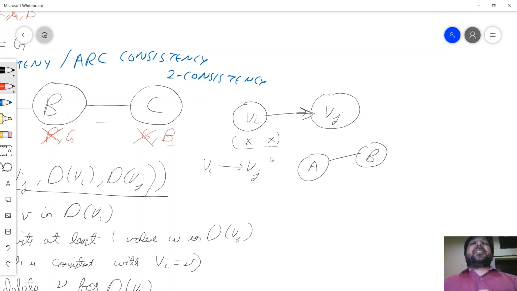So what are the edges that will now become affected because these values were selected? And that is any vertex Vk which had an edge on Vi or Vi's neighbors with the incoming edge. Because here I would have said if this takes this value, it takes this value, but now this value doesn't exist, so it may not be able to take that value, or this Vk Vi will become